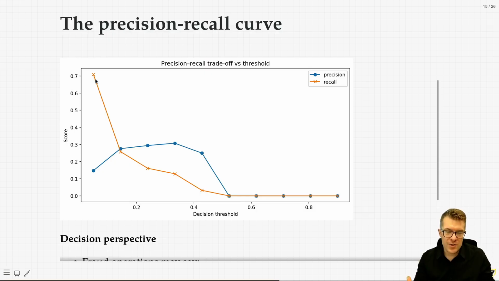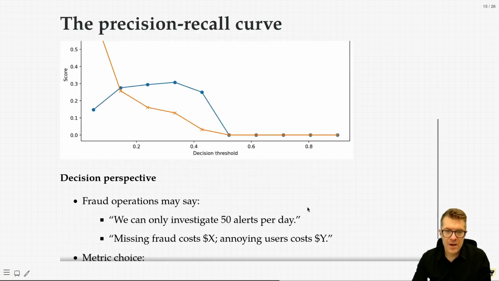As you raise your threshold and you get more discriminating and less likely to flag everything as fraud, recall will go down, but precision will go up. You'll make somewhat better decisions, and at some point they'll cross over here. So that's fine. So again, the nerdiness in us wants to measure things in terms of precision and recall, but